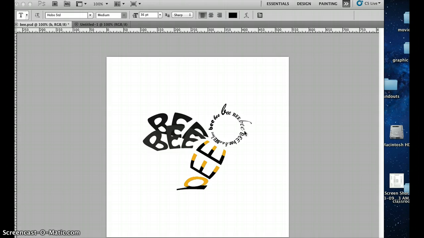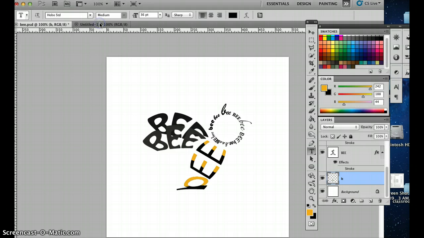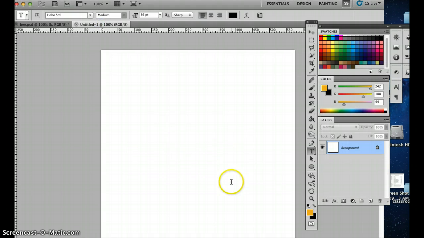So once you have an idea for how you want the shapes of whatever object you're portraying to come together, then you can start having fun with the text. So let's go into a blank document here, and I'll show you how you can start getting this together. You're going to start with the text tool. And instead of drawing a text box, because we're going to warp this text, we actually want to just click